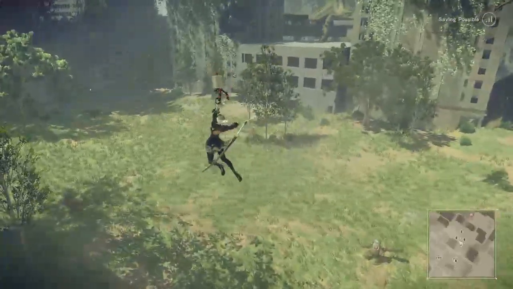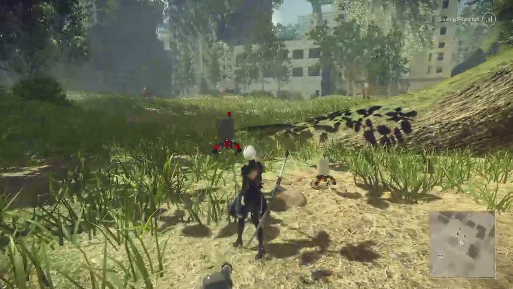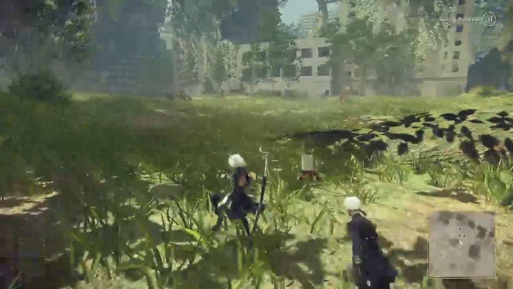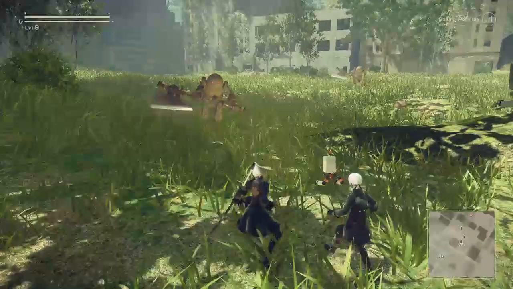Each of the 4 weapons has a different finisher, so all the short swords have the same finisher no matter if they're in your main hand or offhand. All the heavy swords will have the same finisher no matter if they're in your light attack or heavy attack slot. And so I'm going to show you perfect dodges where